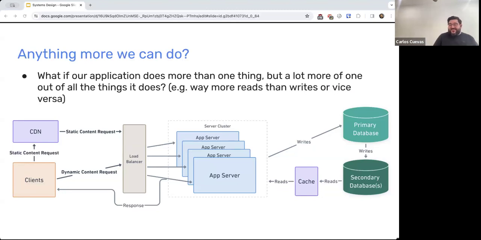Okay, anything more we can do? There's still a lot more, but for the sake of brevity: identify performance bottlenecks and optimize the code. So that is such a great call out. A lot of the things that I'm talking about, that statement is a qualifier for everything I've said so far. You shouldn't just go around slapping in caches and load balancers and CDNs for the sake of doing so. You should do these things because